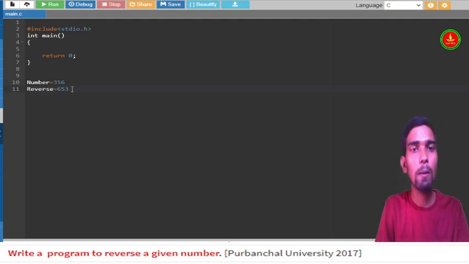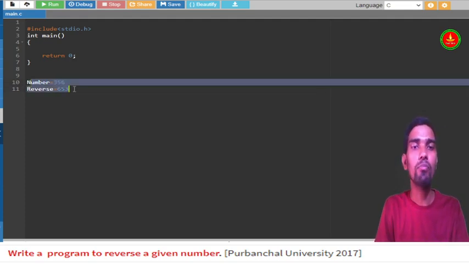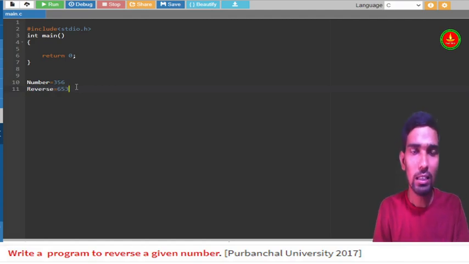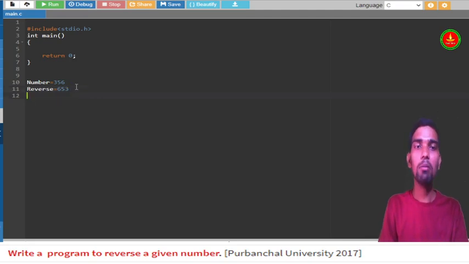So in this program you will get one number, as mentioned, the given number, and you have to reverse that number. Manually you do not have to do it; you have to do it using operations. And then you can print both numbers and your program will be done. So how can you do it? You can first separate the last digit and assign it to another variable.